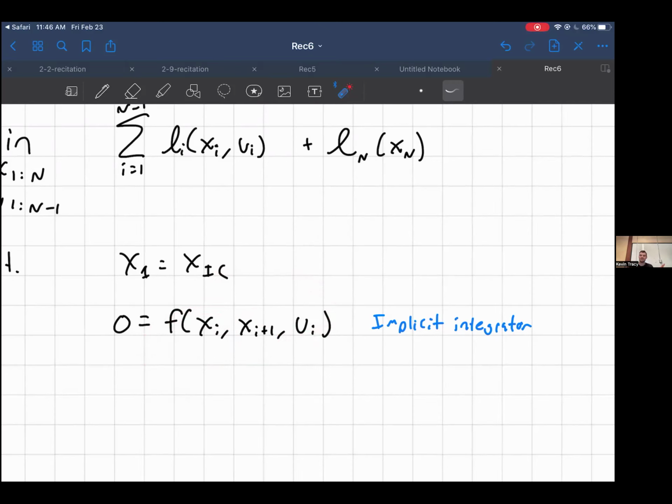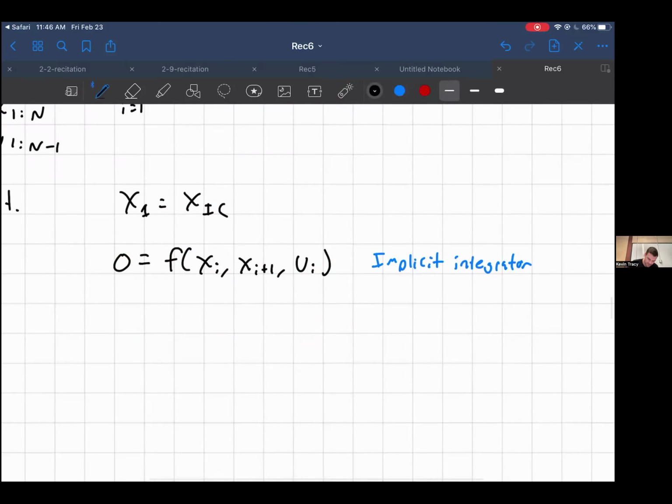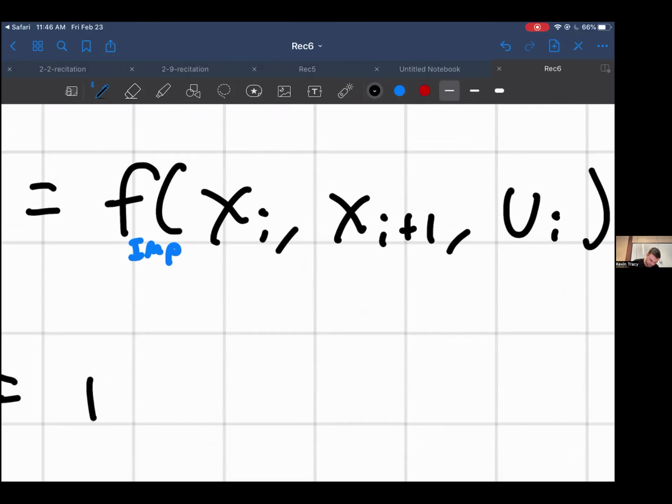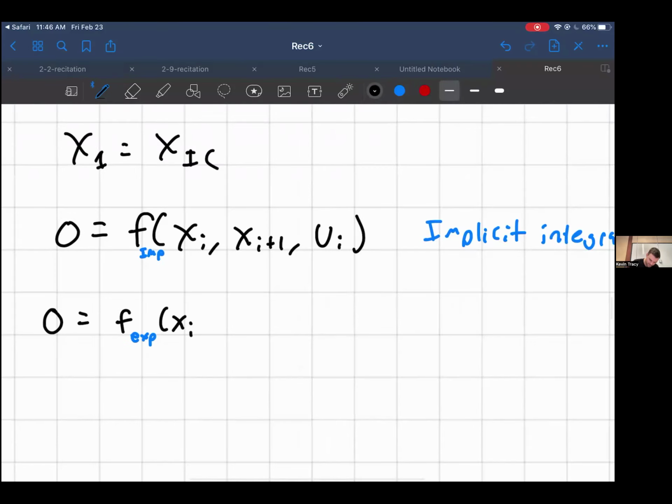But if I'm just writing this down as a constraint, I can just write down the residual constraint. And this is the exact same as if I were to do this. I'll write implicit. So if I use an explicit integrator, I get my familiar